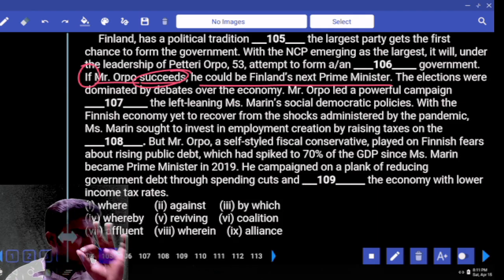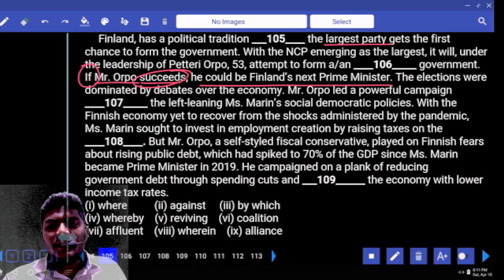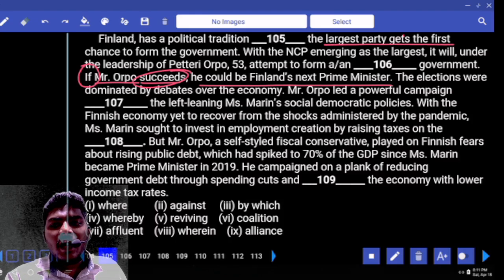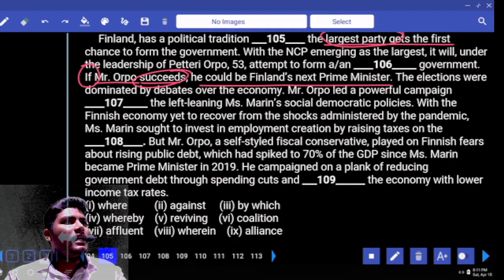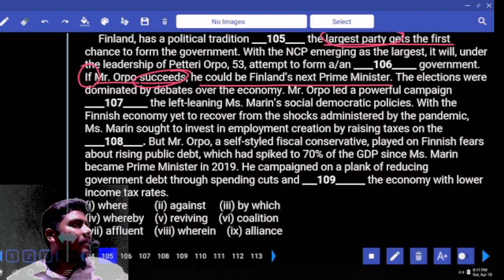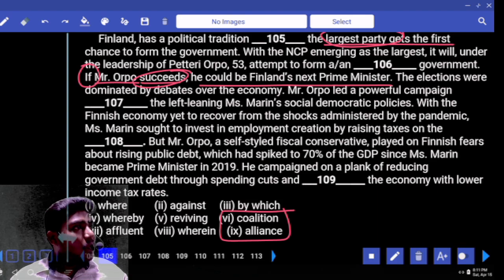Why does he need to get succeeded? Look at the beginning sentence. Largest party. If some party has to become largest party, it has to take the help of other small parties, and that comes with the meaning of coalition and alliance. If at all this fellow succeeds in bringing all those parties to his side, that means he forms the biggest